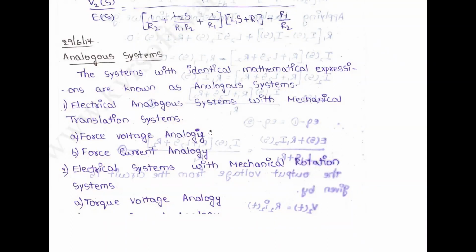For the electrical analogous systems of a mechanical translational system there are two: first one is force voltage analogy, second one is force current analogy. The translational mechanical system is converted to electrical analogous systems, force voltage and force current. And the rotational mechanical system is converted to electrical systems of two types, torque voltage and torque current. In the translational, force voltage, force current. In the rotational, torque voltage, torque current. Okay, so first